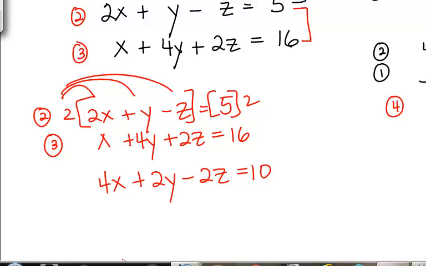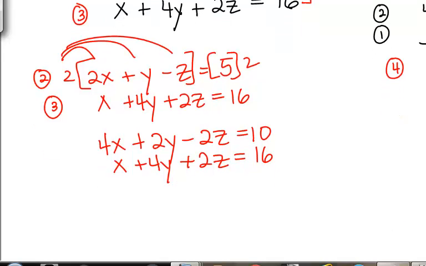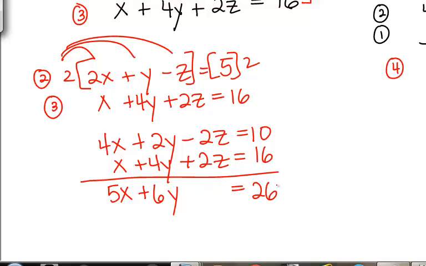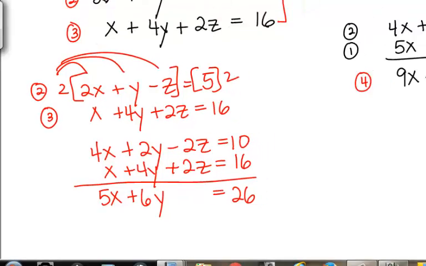Didn't we actually do that over there? Yeah, we did the same one. So we'd have x plus 4y. We could have just used that equation. Okay, and now if you add, the z's should drop out, right? So we'd have 5x plus 6y, the z's drop out, equals 26. Okay, and that's my new equation